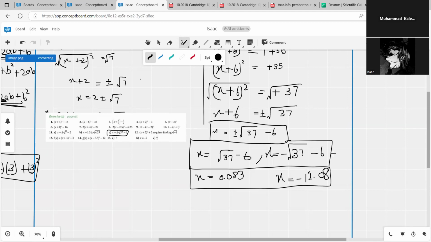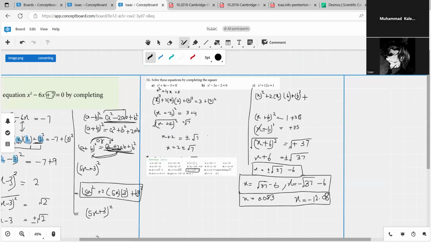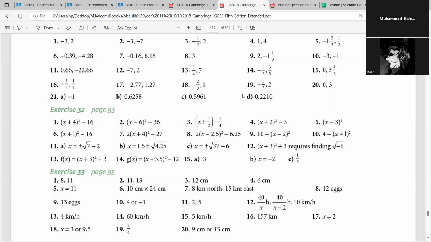Yeah, I'm done. What's the answer? I got 12.082 or negative 12.082. Yeah, that's the right answer. Okay, here I did it as well, so you can check this one if you want. If you are getting the same answer, it means that you understand it. Okay, next we have